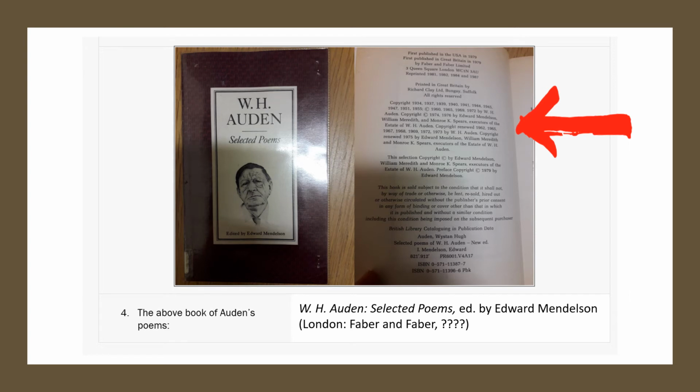The publication details are shown here. You usually find them in the front few pages of the book, but sometimes they're at the back. There's a lot of information here. We can see that it's been published in the USA as well as Great Britain. This copy was printed in Great Britain and we have the address in London at the top of the page. We then have many publication dates, ranging from 1979 to 1987.